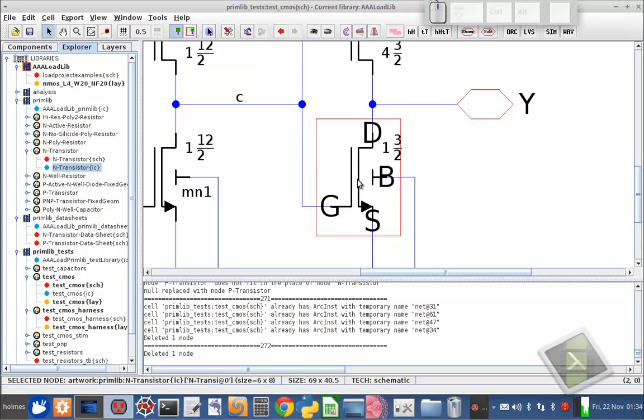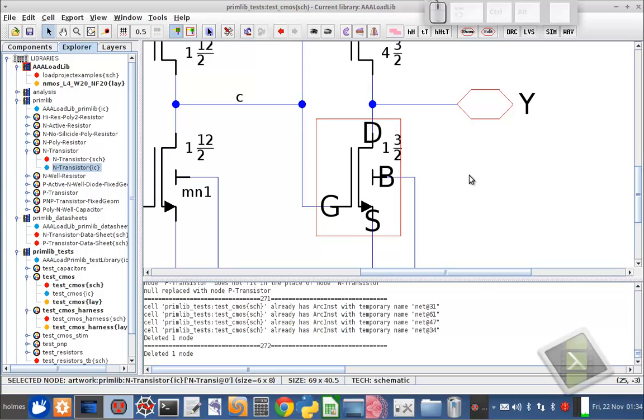So it would appear that this device is in place, but it's not. And one of the giveaways that it's not connected is that I can see the port names. I can see the letter G for gate, S for source, D for drain, and B for backgate. So if you see a character like that, a large character, it's meant to do that so it's obvious that it's not properly connected. So once it's in place, this is a special case where I've got